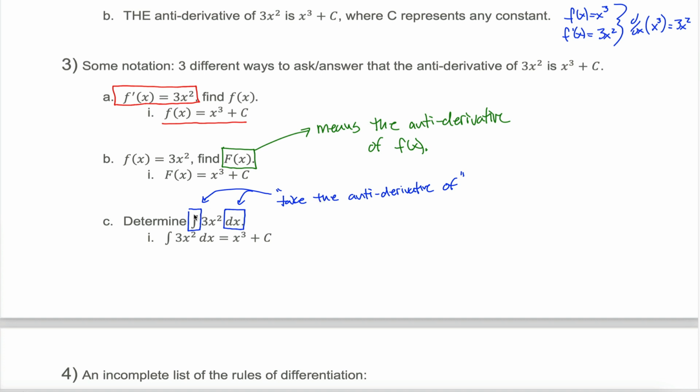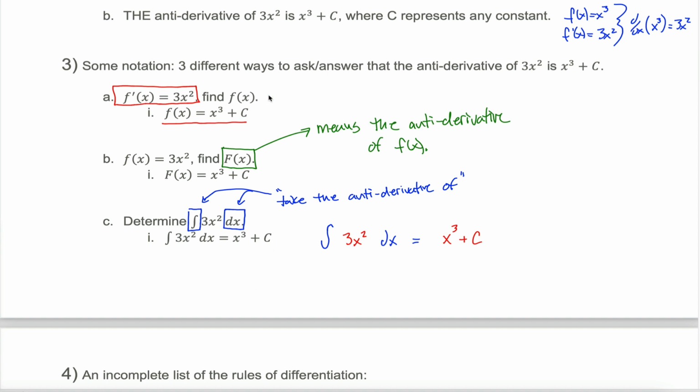For now, I just want you to recognize when you see these symbols, they'll come together, and whatever is inside of those two symbols, 3x squared, is the thing you need to take the antiderivative of. So when I write this little symbol with a dx there, and then choose a function like, I don't know, 3x squared to put in between them, the way you read that is, oh, you want me to figure out the antiderivative of 3x squared. No problem, that's x cubed, or technically x cubed plus c,